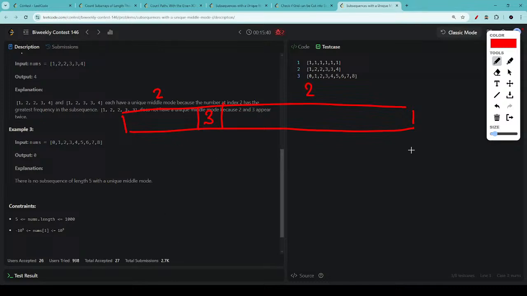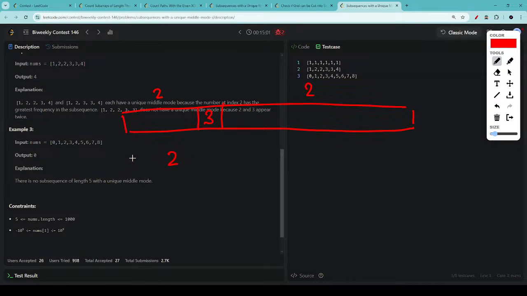So you iterate over each of the elements, not the corner elements, but somewhere in the middle, right? At least starting from i equals 2 or more. You say that I want to find 2 numbers to my left and 2 numbers to my right. You want to count. Let's say I'm this guy. I want to find 2 numbers to my left and 2 numbers to my right, such that on my left there